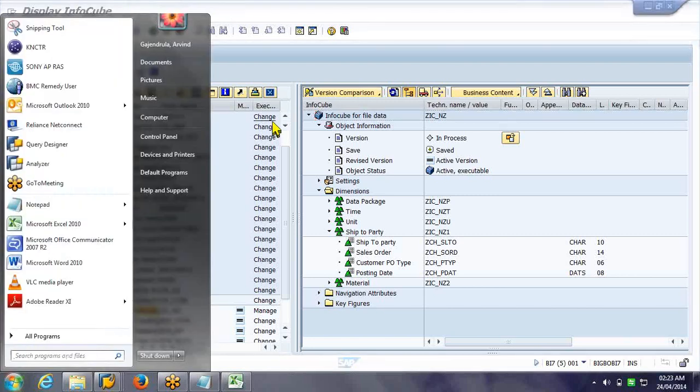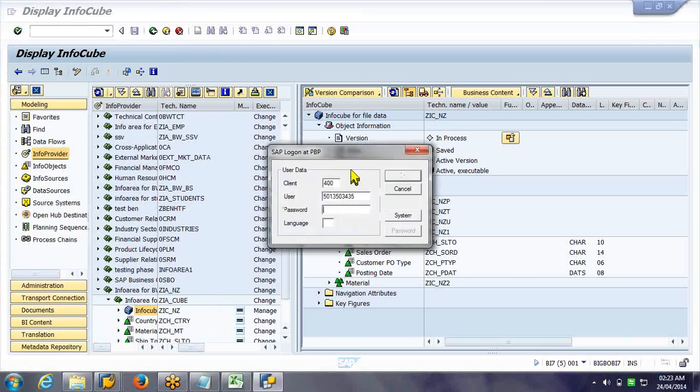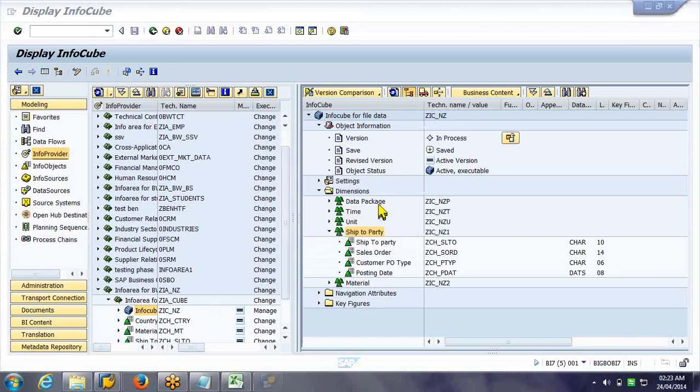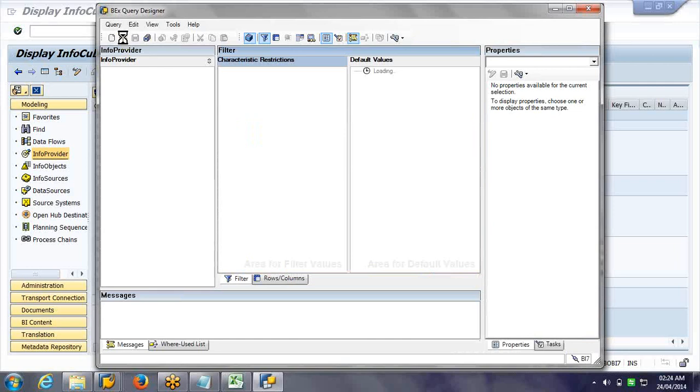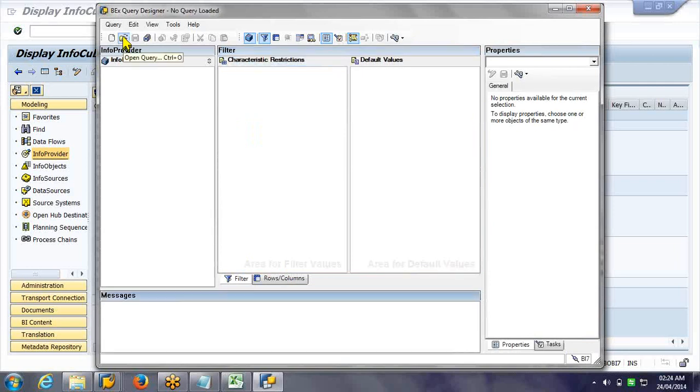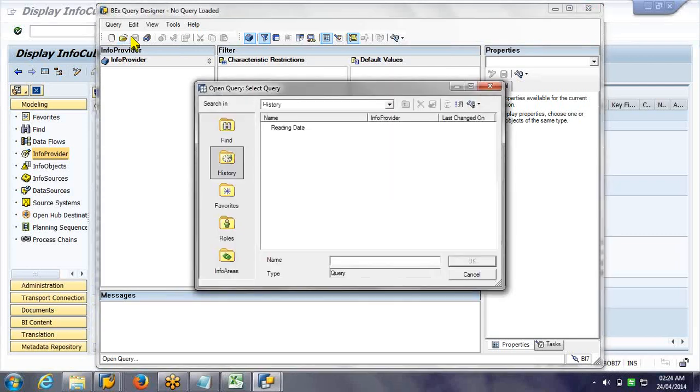But on the report on this cube, let us see. I'm opening an already created report on top of this.